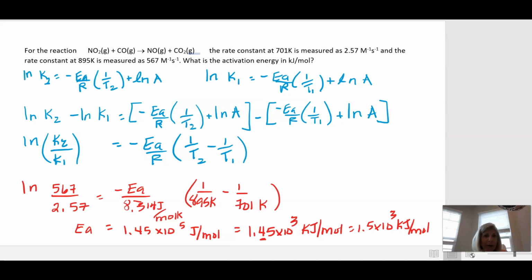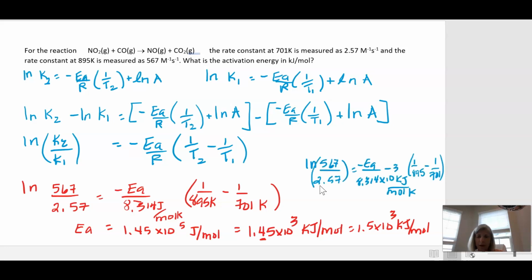Let me show you what I mean about this right here. If I had written this, maybe I did it in a different color, with 8.314 times 10 to the minus 3, this is a little sloppy here. Let me